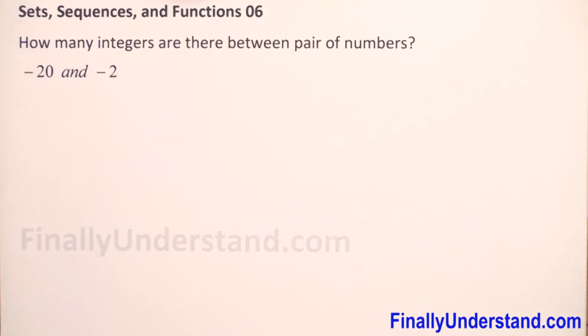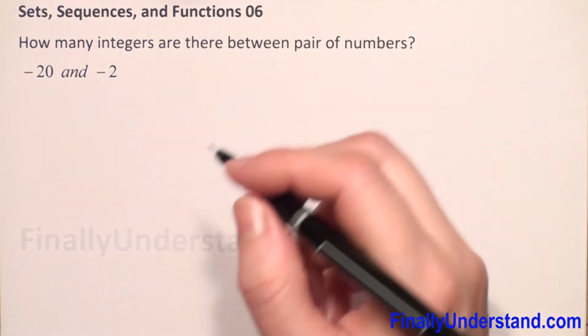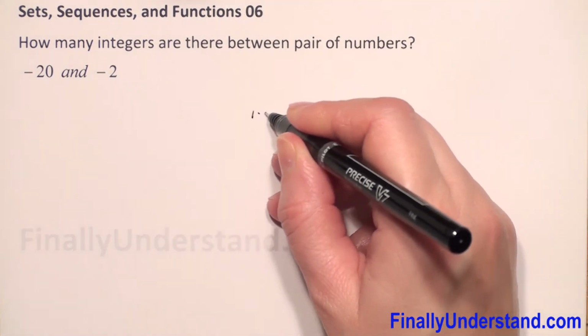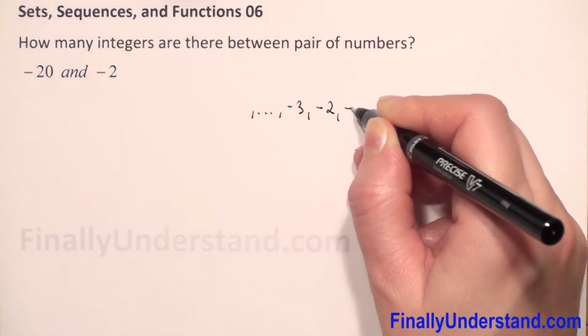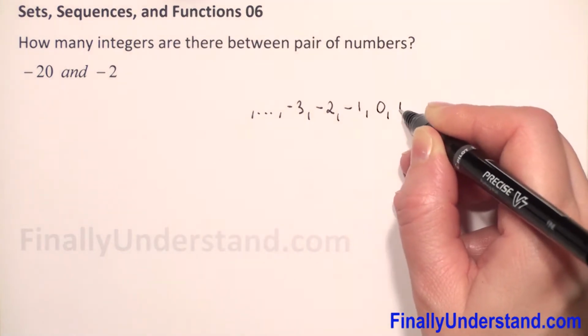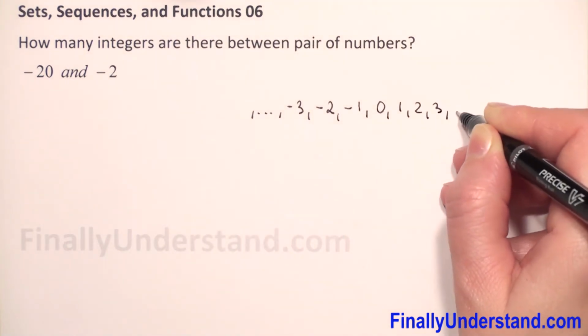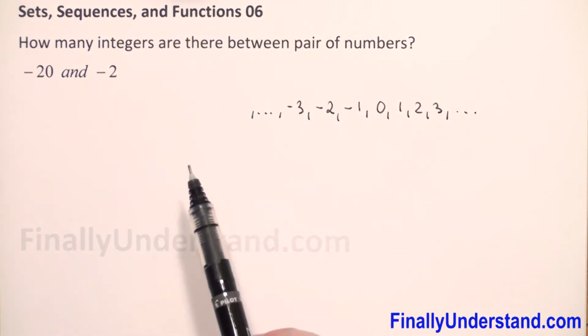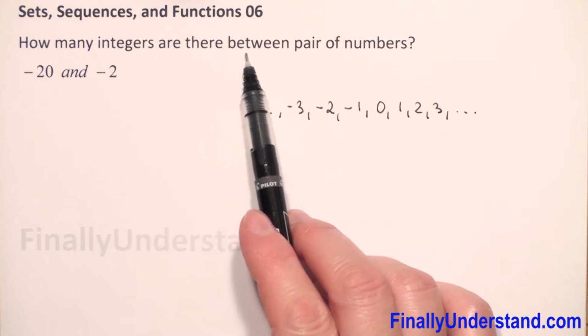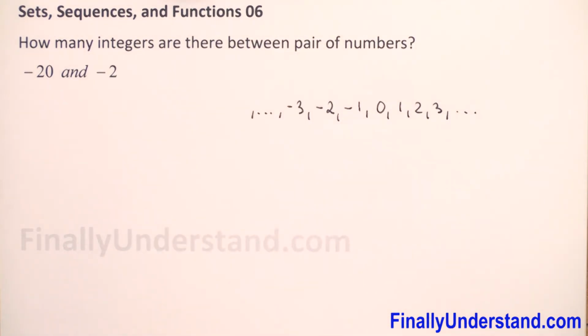We have to find how many integers we have between -20 and -2. First, what does the word integers mean? It is one of the numbers in the list from -infinity: -3, -2, -1, 0, 1, 2, 3, and so on. So when we have to find all integers and we have the word between, it means we have to include both